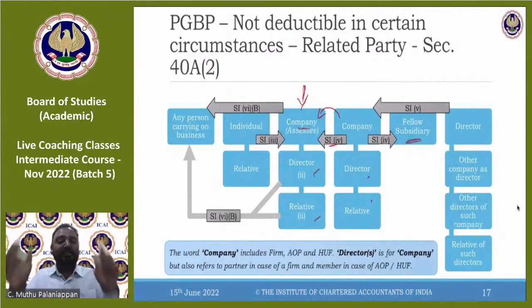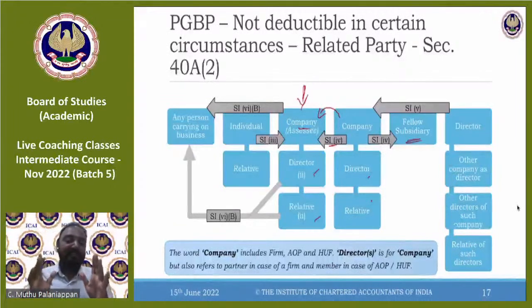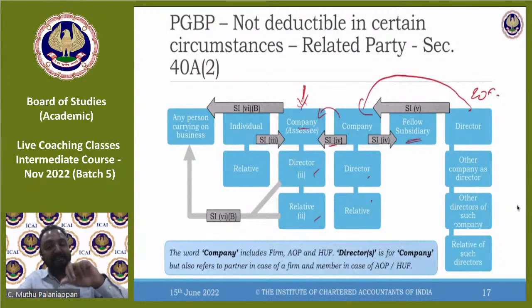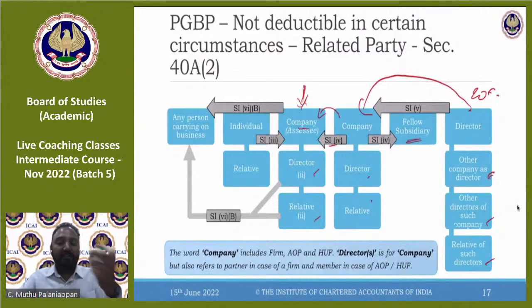If it looks confusing, it's never confusing. You can always freely look at this one slide and understand the entire relationship that we are talking about. It starts from here. A director, relative of this director, a company which has substantial interest in the associate, the director of the company, relative of the director, and fellow subsidiary. Fellow subsidiary also becomes related to this company. And when a director owns substantial interest, if the director is a director in any other company, that company, directors of that company, relatives of such directors. Correct? So that's what it is.